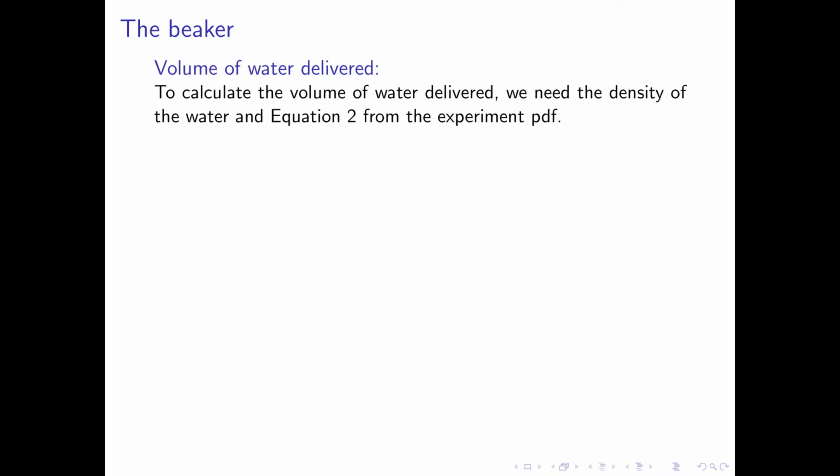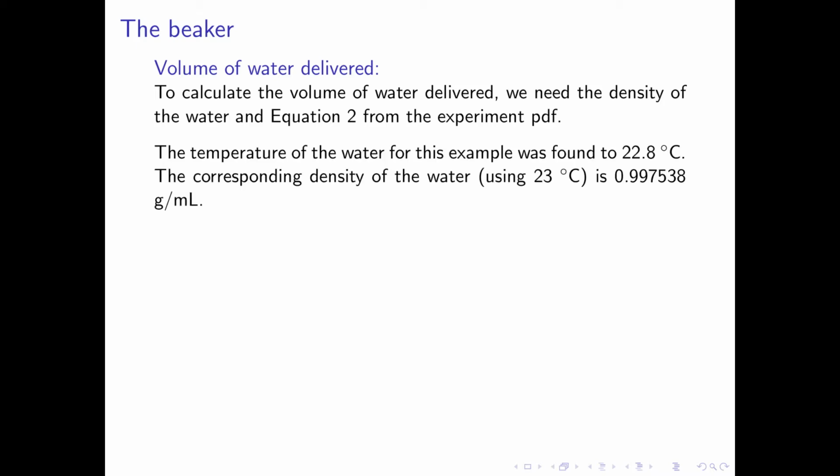Next, we will calculate the volume of water delivered using the masses calculated in the previous calculation. To do this, we need the density of water and equation 2 from the experiment PDF. Recall that the density of the water is determined from the table using the temperature of the water as recorded in the lab. I measured the temperature of the water to be 22.8 degrees Celsius. The corresponding density of water using 23 degrees Celsius is